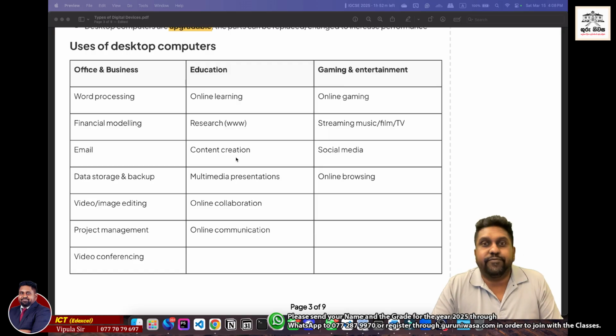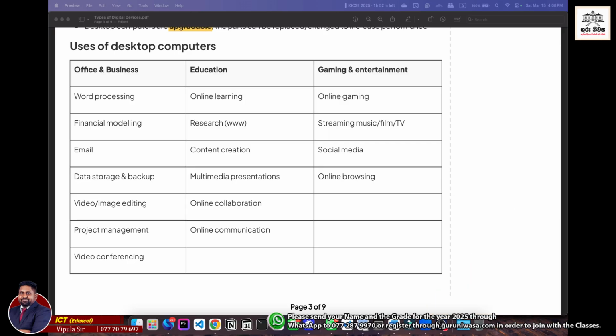Then we jump into the final topic, which is gaming and entertainment. So in this case, yeah, online gaming is one of the most popular things right now. Plus, streaming and watching content, as well as social media and mainly online browsing, right? So when we say online gaming,